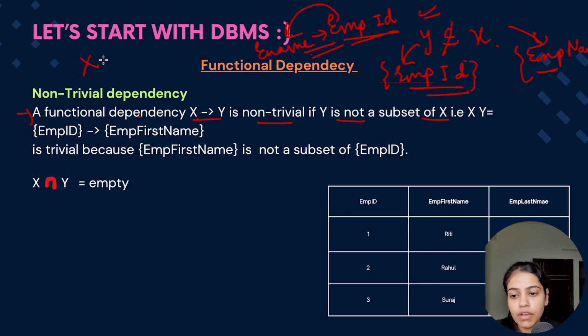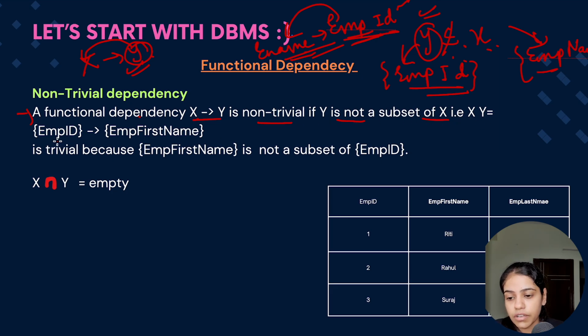In trivial, what happens is x determines y and y is always a subset of x. So y always contains some element which is there in x, or y is always having some attributes which are in x. So this is always true. But when x determines y and y is not a subset of x, then we need to prove that point. Okay, if employee name is determining employee ID, I can check from my table if this functional dependency is present or not present. So functional dependency x determines y is non-trivial when y is not a subset